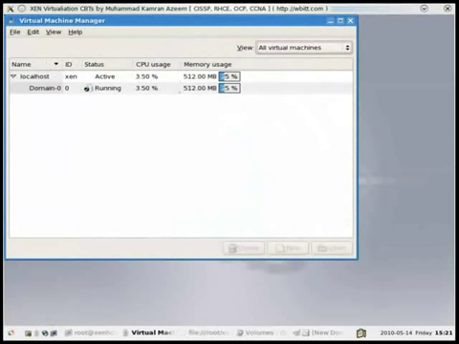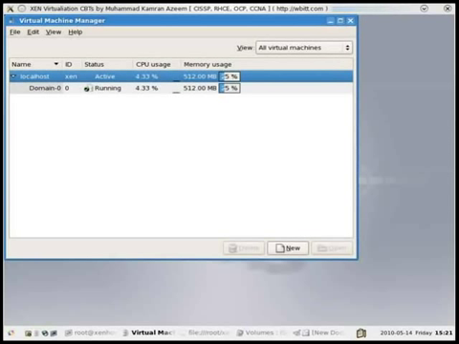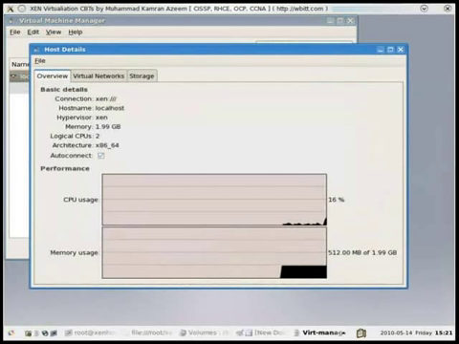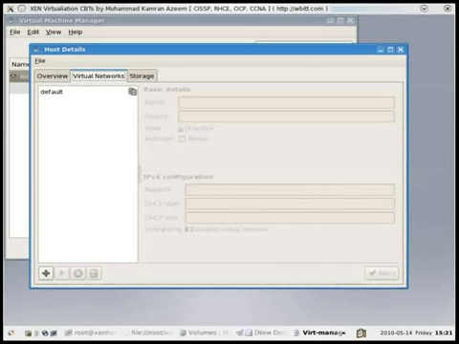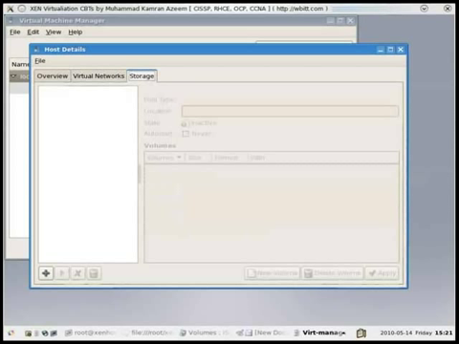So from the GUI, this virtual manager, I'll try to show you. Okay, this is the virtual manager on Xen host 1. No virtual machine is yet created. Domain 0 uses 512 MB of RAM. So you click on this localhost here, and either you go through right click details, or you can also go through edit host details, and you see your Xen host showing here. This is the physical host. You go to storage. You don't see any storage here, right? Nothing is shown here. You click this add button at the bottom left